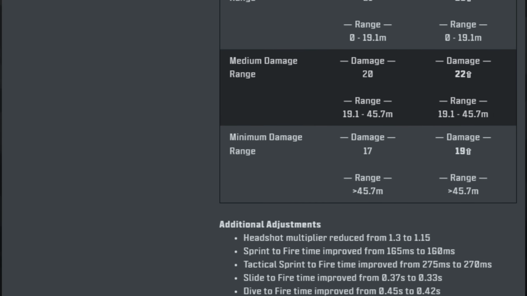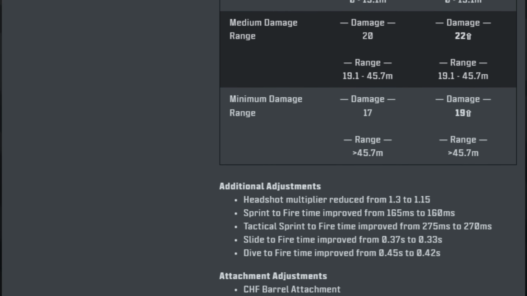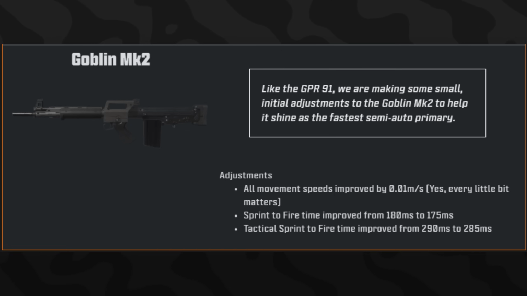slide to fire improved from 0.37 to 0.33, dive to fire time improved from 0.45 to 0.42, attachment adjustment CHF barrel headshot multiplier reduced from 1.4 to 1.2, which I believe they did for all the other ARs as well. And then the last AR that got an update was the Goblin MK2, same thing as the GPR. They ended up doing exact changes to help it shine in the semi-auto as a primary,